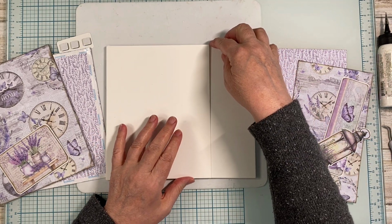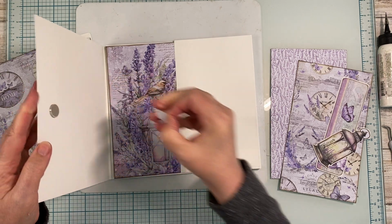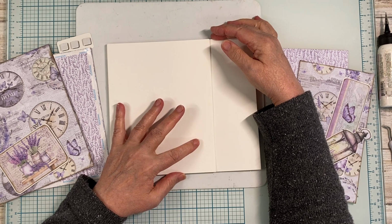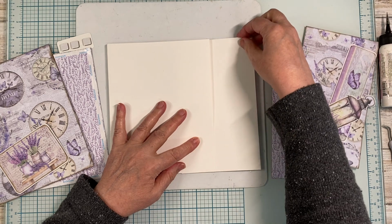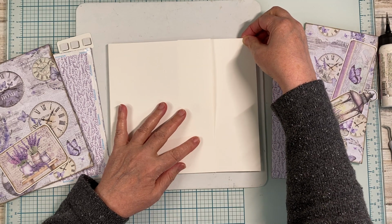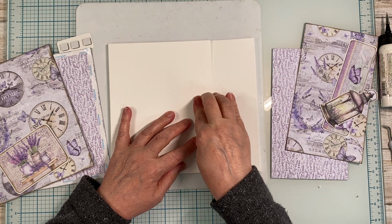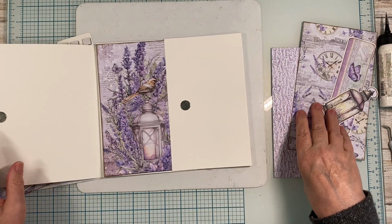Now that I'm in this position, I'm going to take the tape off the back of that other magnet. I'm going to make sure that my top and bottom edges are level, and that my gussets are standing up the way they're supposed to, and then I'm going to press. Give it a little slide and she comes right off. All right,